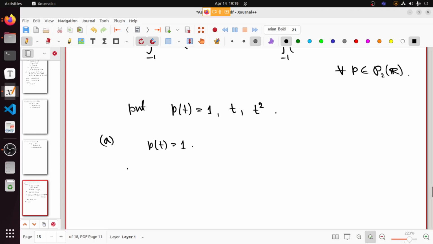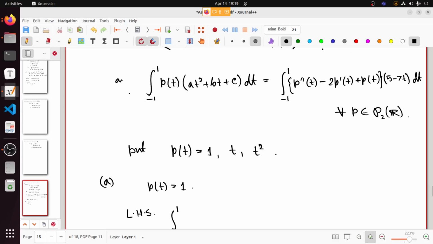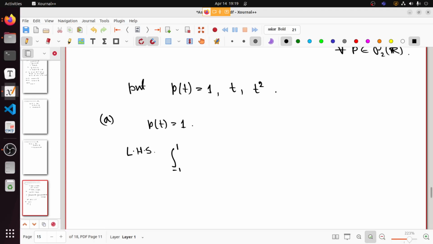LHS, what will you get? This is the integral from minus 1 to 1 of 1 times (a t square plus bt plus c) dt, right? So this will be an even function, a t square by 2. So we will get 2a by 3. This is the second one, odd function, it will be 0, plus c,